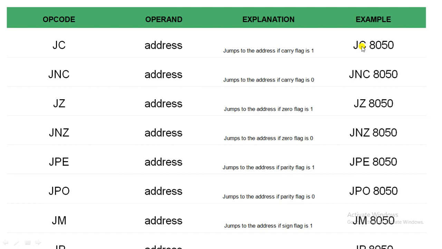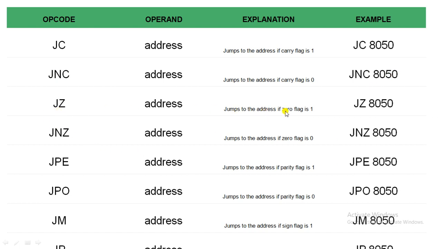Let us look at this example. Jump on carry: if the carry flag is 1, it will jump to the 8050 location. Next is JNC, jump to the address if the carry flag is 0. If the carry flag is not set, jump to the location 8050.